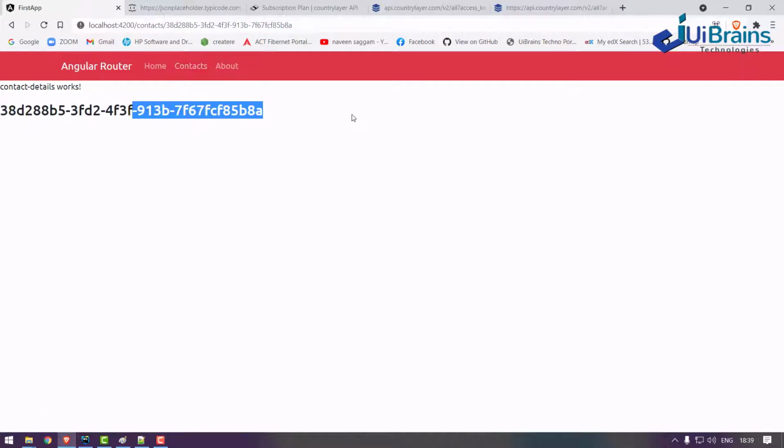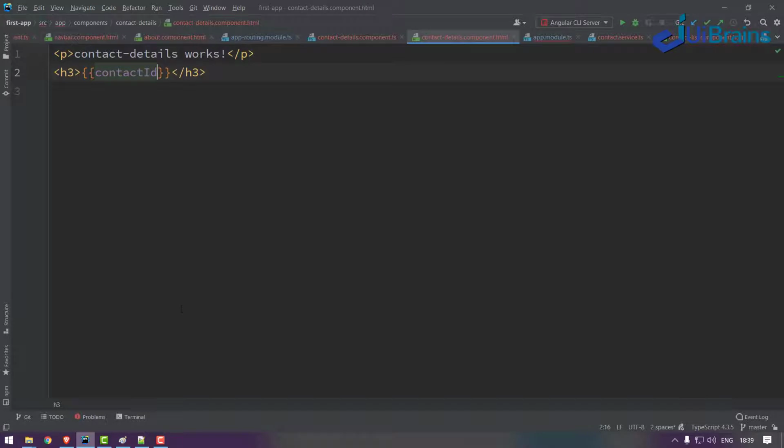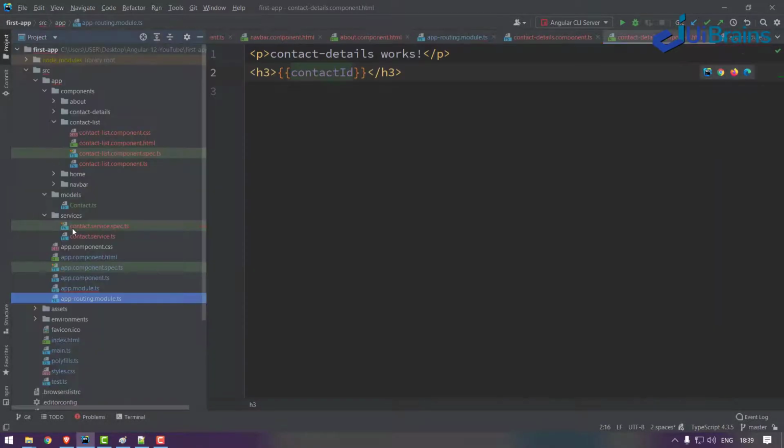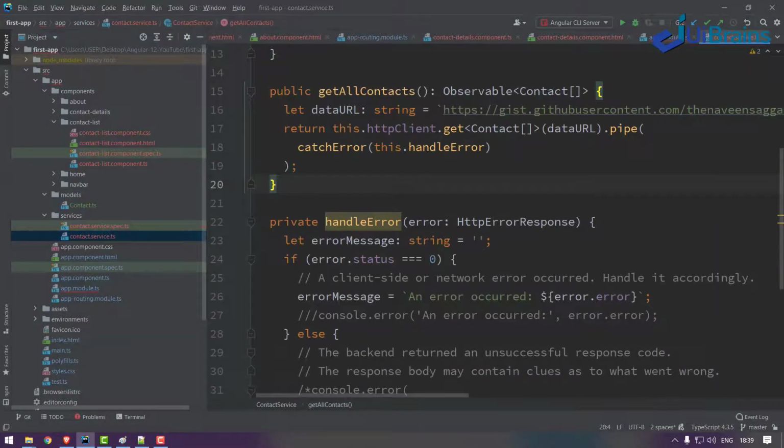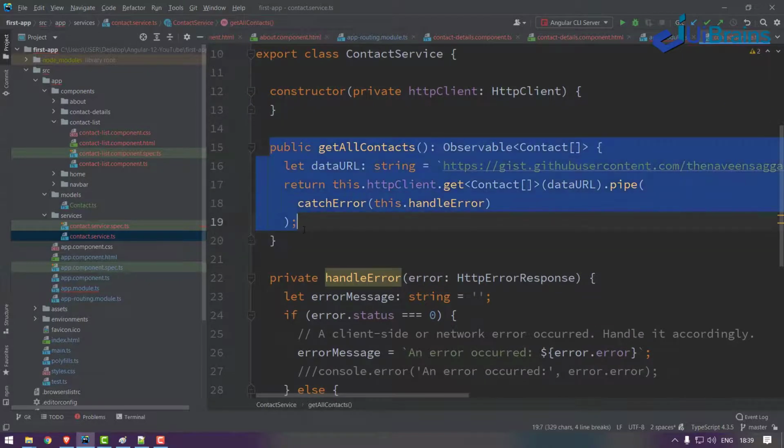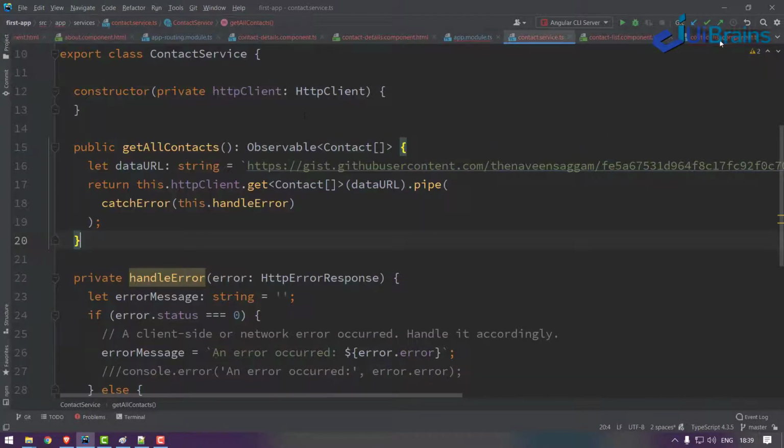Now I got ID. Now based on ID, I want to get a particular contact object. So how do you get a particular contact object for ID? You must again use the service, right, based on ID. But when you go to my service, I have only one function that fetches all the contacts, but there is no particular function which will fetch only one contact object, correct?